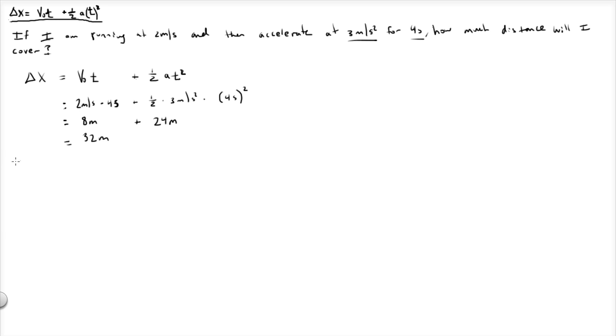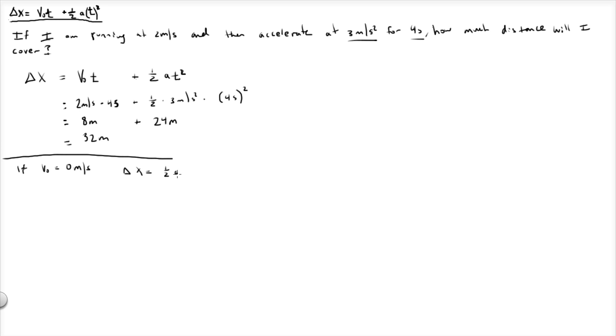So another thing we can do is say, well, in the event that v naught is 0, no initial velocity, so you're starting at rest, then this whole thing becomes 0, right? Because 0 times your time is going to be 0. So if v naught is 0 meters per second, the equation becomes delta x